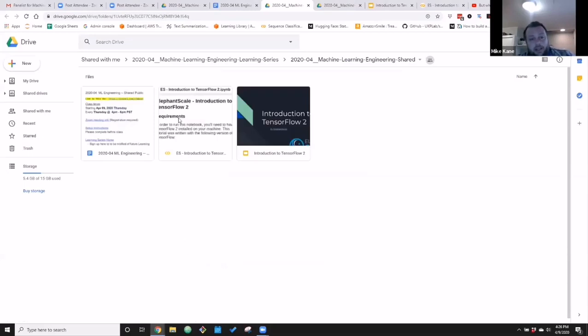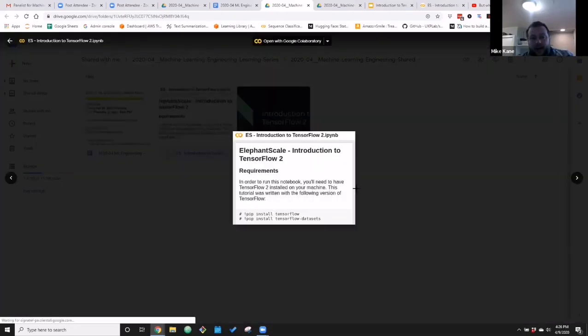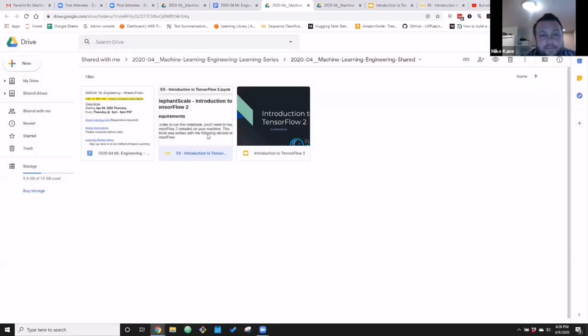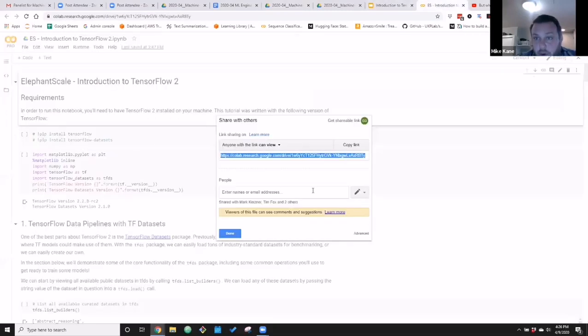And you'll see this middle one here, Introduction to TensorFlow 2. This is the Colab notebook. And then the slide deck, here's a copy of it too. So all you need to do is double click that and it'll run it for you. You can open it up in Colab here, okay? And that's an easy way to do it. I've also dropped the Colab link in the Zoom webinar chat. Has everybody been able to get access to that now?